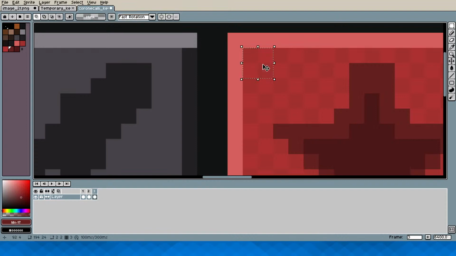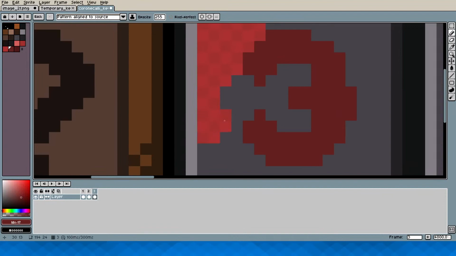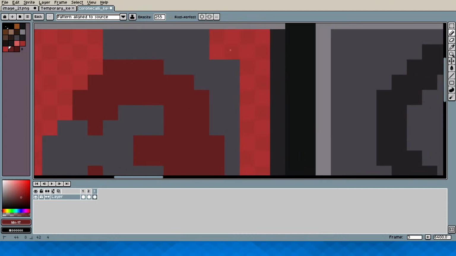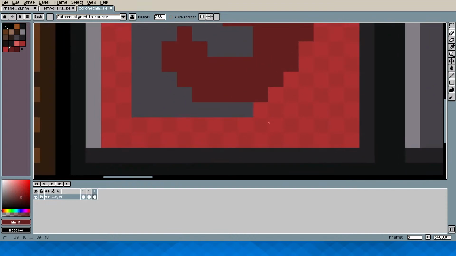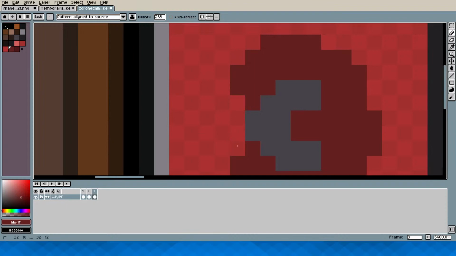And here I can use one of my favorite Sprite features, which is custom brushes like this. Now I can just put this pattern everywhere. Fill up the button. This makes it a lot easier to, well, fill stuff with patterns like this. You can create a custom brush by selecting something and just pressing Ctrl B.